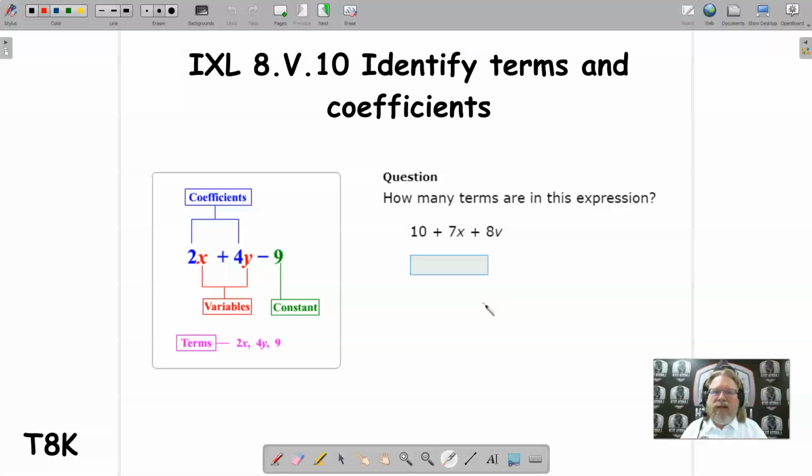Hello, this video is for IXL Activity 8.V.10. It is titled Identify Terms and Coefficients. The 3-character code for this activity is Tango 8 Kilo, T8K. All right, so starting off, I have this graphic here that's going to help us out in our lesson